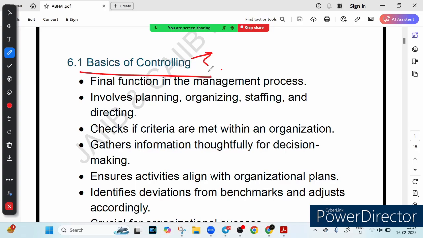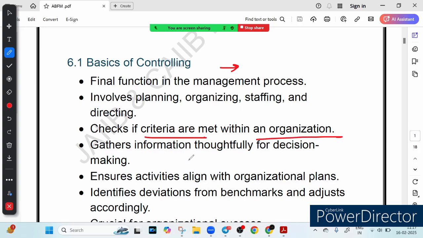What is controlling? Think of it like Google Maps for business. Just as a GPS guides you, controlling makes sure a company moves in the right direction. It checks if the goals are being met, and takes corrective action if something goes off track. If the goals are not met, then corrective action should be taken.